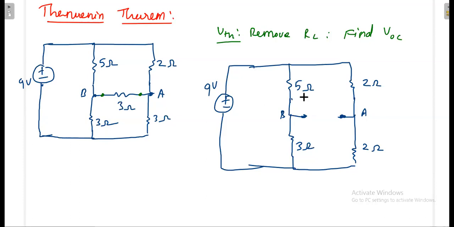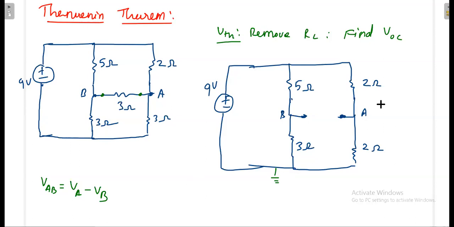Once you apply the voltage division, one more thing: finally I need VAB. VAB means VA minus VB. This A means the voltage with respect to ground, and this B means the voltage with respect to ground. Don't go upward; you can also calculate the voltage that way, but that will be confusing. It is simple because from B directly you can go like this, and from A directly you can go like this. So I will measure the voltage across the 3 ohm and 2 ohm, then directly proceed.